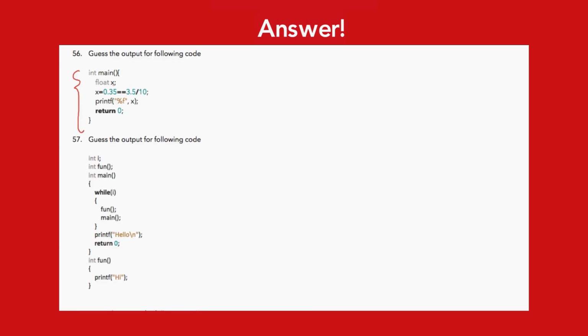Time's up. Here is the answer. We have float x, and x is equal to 0.35 double equal to 3.5 divided by 10. Now we know that float divided by an integer will give you a float only. So what is happening over here is 3.5 is being divided by 10. That will give you 0.35, and because it is equal to this value,